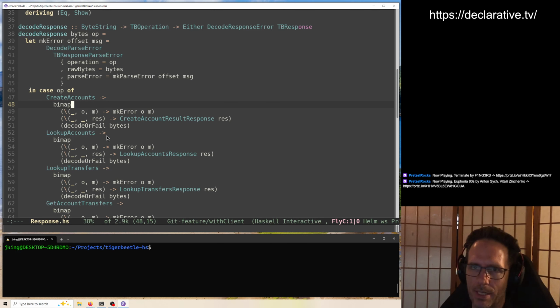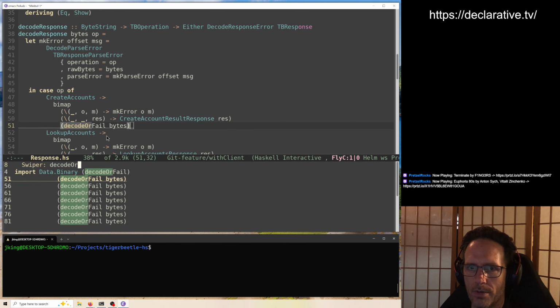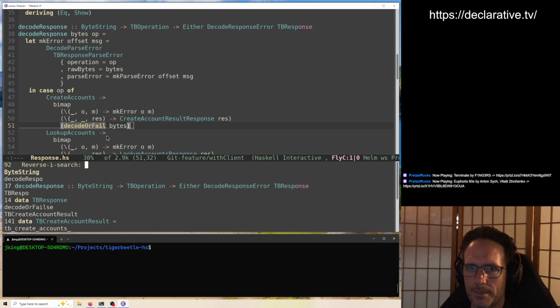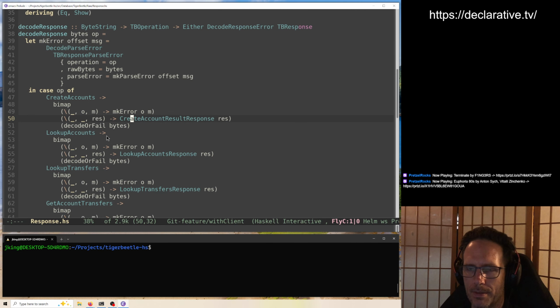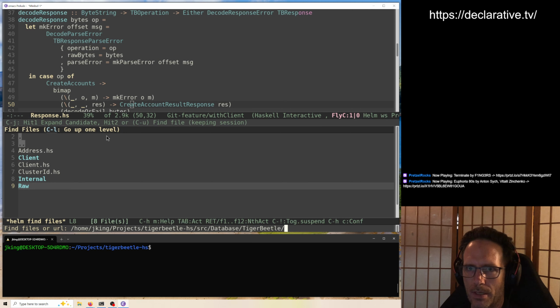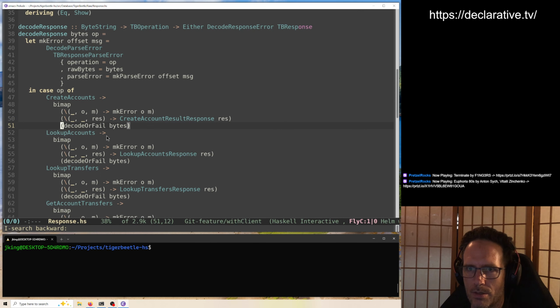All right, bimap takes two functions, one for each side of the bifunctor, which in this case is Either. So decode or fail is from Data.Binary. So that means that we have an instance